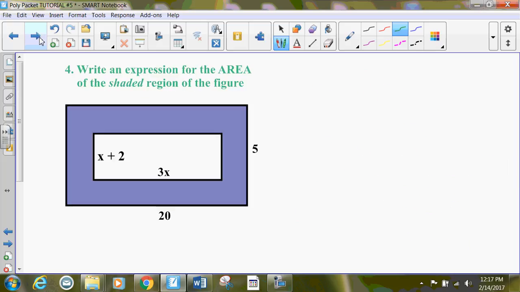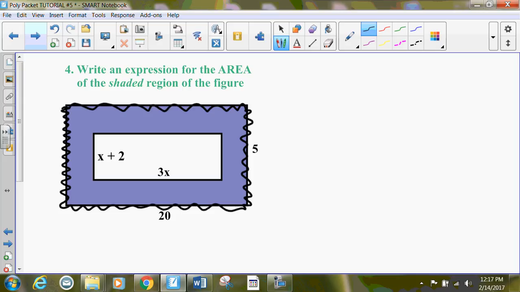All right, number 4. Whoa. Okay, we haven't seen this before. Write an expression for the area of the shaded region. So this purpley shaded region. Can you guys see what we really have here? We have this big rectangle, okay? And this big rectangle,